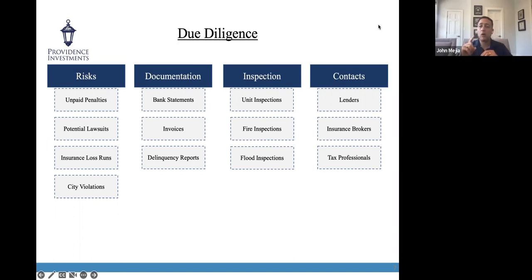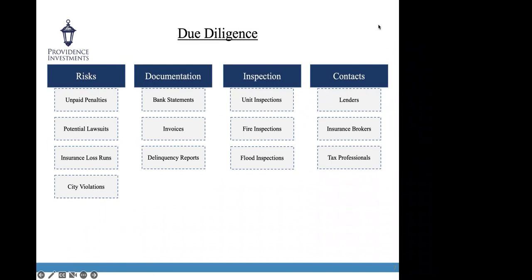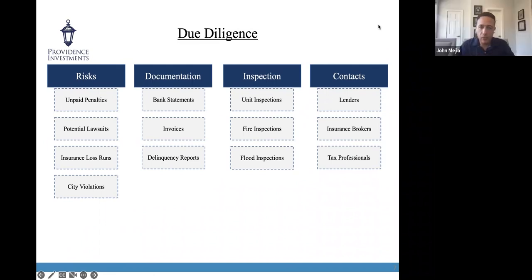Inspection: unit by unit walk, inspection, physical and financial, fire inspections. This is a big one. A lot of cities have different requirements. And when you're doing a fire inspection, you want to make sure they actually have done and kept up the fire inspections, because believe me, it will